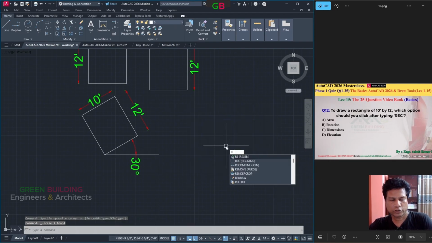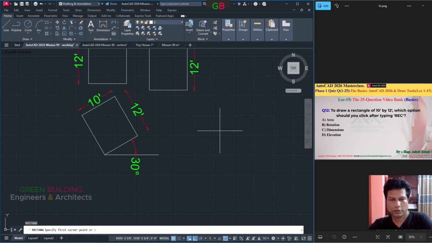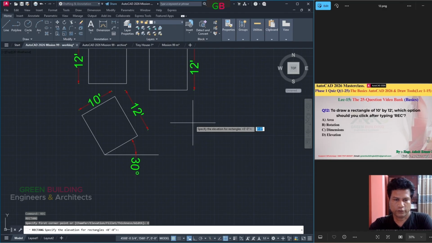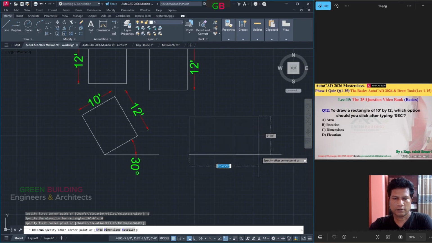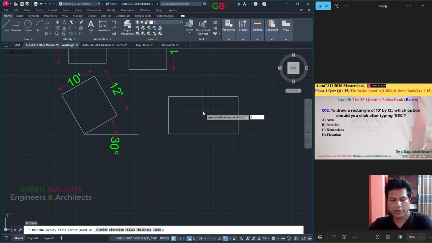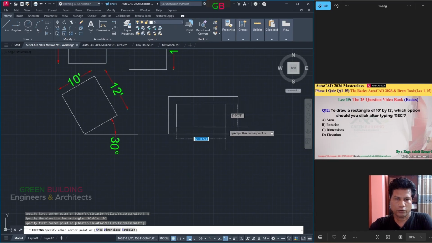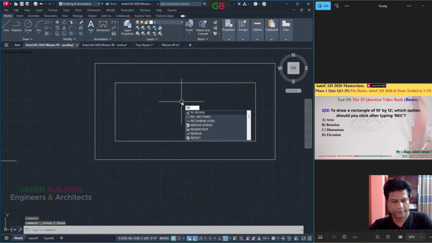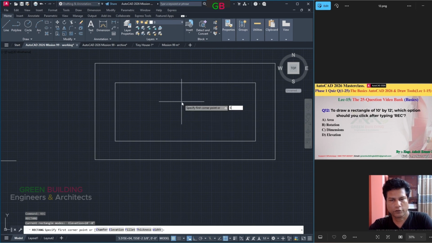Okay, now for elevation rectangle, we type REC for rectangle, specify first point. Click elevation or type E for elevation, and the elevation for rectangle specify 0 inch, 0. Okay. This is the first rectangle. Again, you will type REC for rectangle, press E for elevation. Elevation height give 10 feet height. Okay. And draw it. Again, type REC for rectangle, press E for elevation, height of the elevation 20 feet and